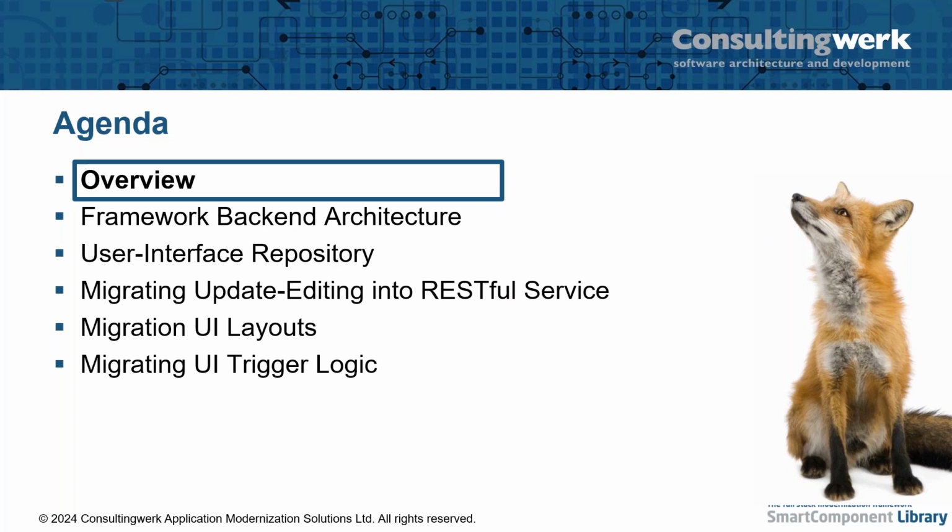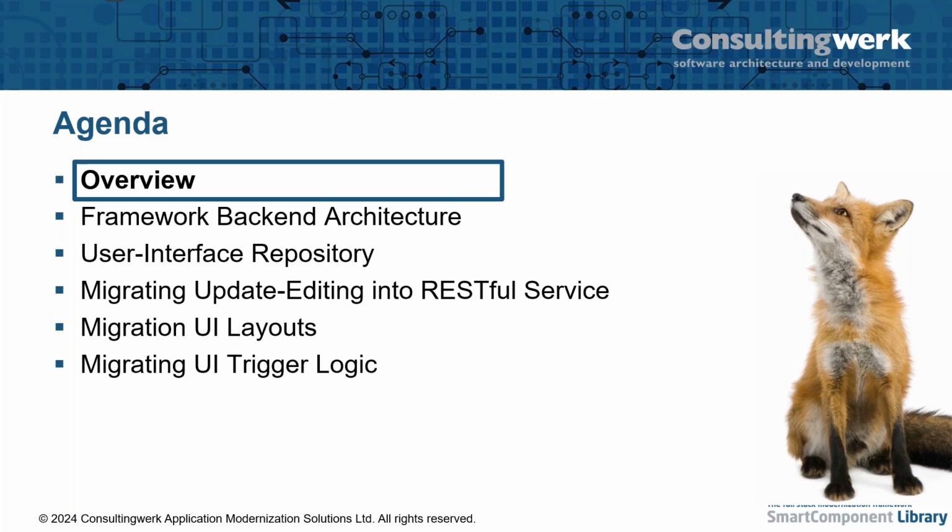Start by doing an old TTY style update editing statement or update editing block, which, without manually changing any code, I turn into a RESTful service. Then I migrate UI layouts. That's typically more something that we do with customers that start with a GUI. Also, we can also do it with TTYs. And then looking at migration of trigger logic. I think with that, I have 3 very typical use cases for dealing with existing application code and integrating that